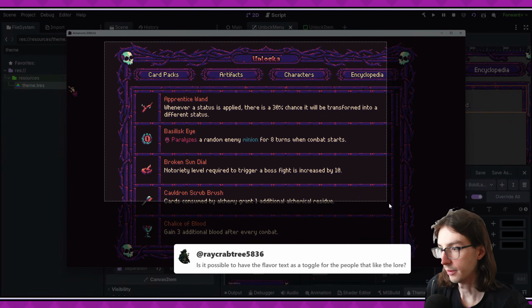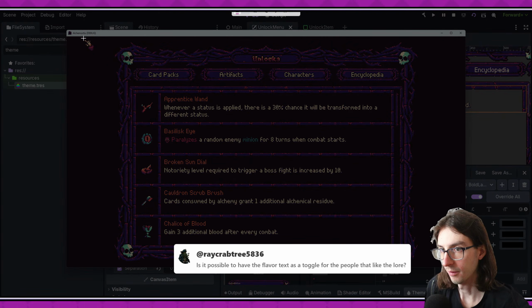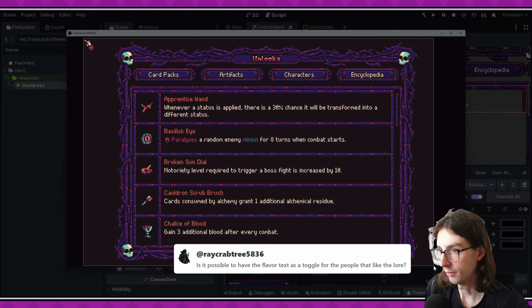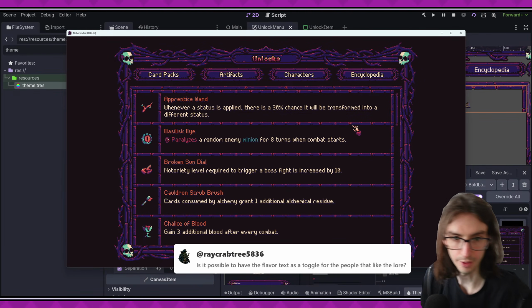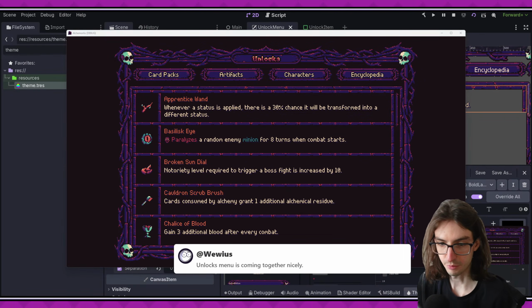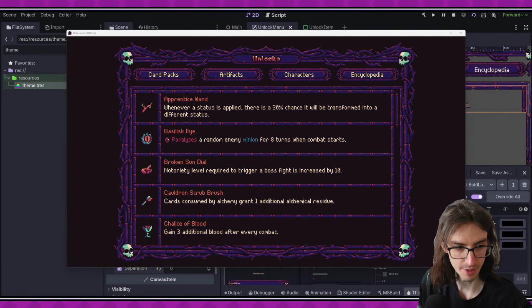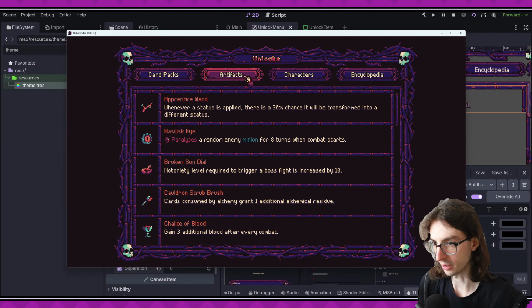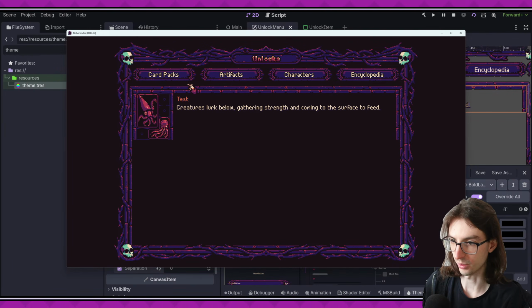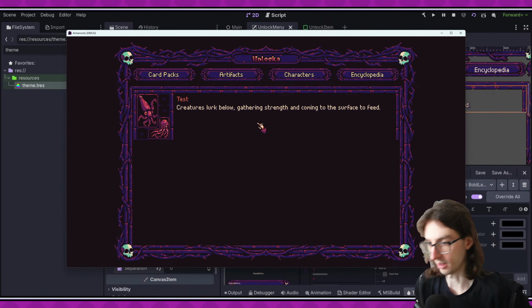But anyway. Okay. Anyway. Unlocks menu is coming together nicely. Thank you, Wooius. Welcome back to the stream. Yeah, I'm happy with it. There's still a lot of quality of life stuff that I need to do in here, but the most important thing is getting the art in place and getting it relatively functional. And I think both of those have been accomplished, so...